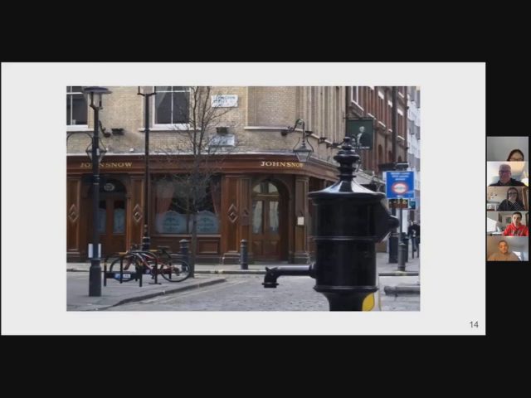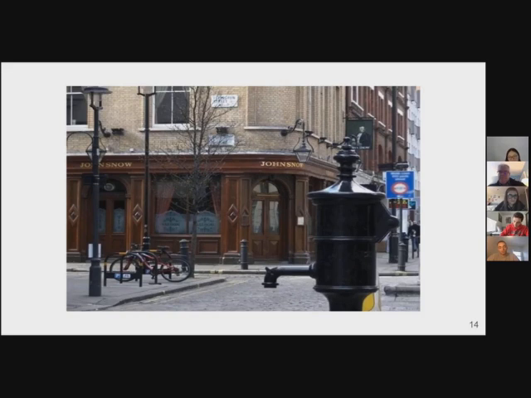This is actually a memorial for him, because in the end he suggested it's not really the air, it's probably the pump, and the water is probably contaminated. So how about you turn it off? Put the handle off. In the end, the city actually did that, and the cases of cholera reduced a lot. So this is a memorial for John Snow, and he was using data in that sense, trying to figure out that there is an association between the pump and the number of death cases.